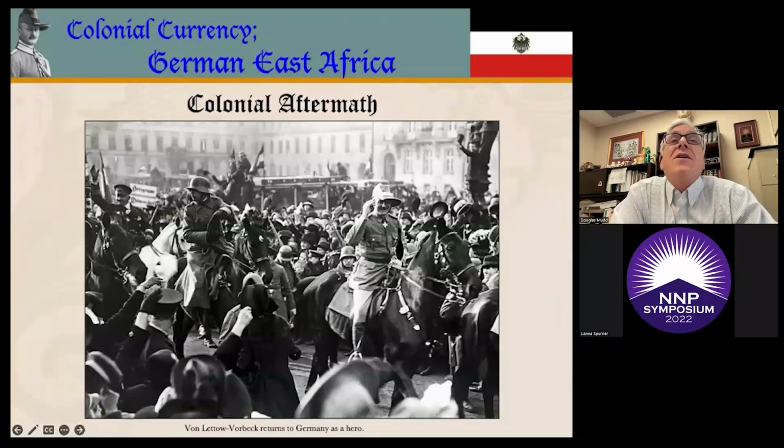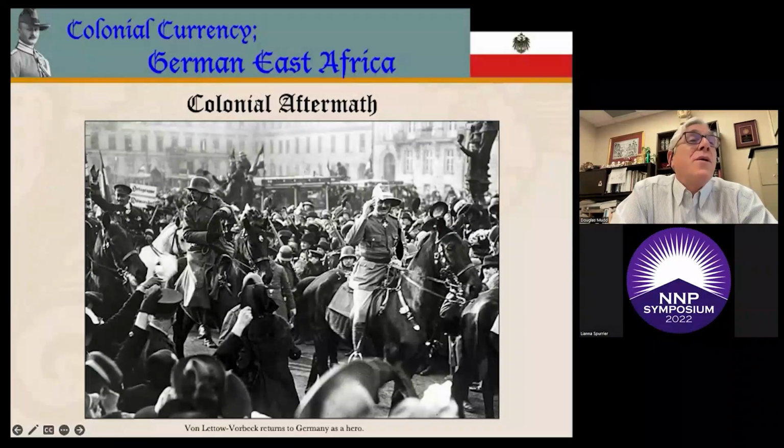Returning to Germany as a national hero, von Lettow-Vorbeck became active in politics and tried to establish a conservative opposition to the Nazis. He was able to bring some of his black officers with him to serve in the German Freikorps in the 1919-1920 period, when Hitler offered him the ambassadorship to the court of St. James, i.e. the capital of Great Britain in London, in 1935. He told Hitler, well, basically to F himself, excuse me.